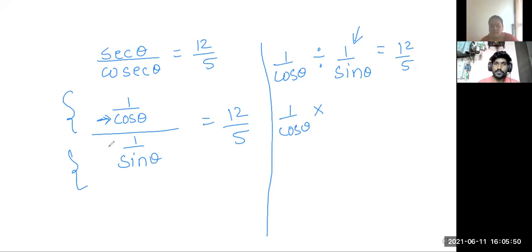Yes, but. Yeah, say. No, you're muted. I can't hear. You are muted. I didn't understand. Say again what you said. If it was cos theta upon 1, then we could cancel it and it would be cos theta. But here it is 1 upon cos theta, so we cannot cancel, correct? Yeah, you cannot cancel.